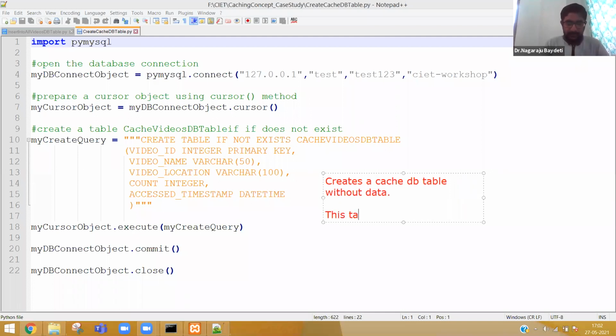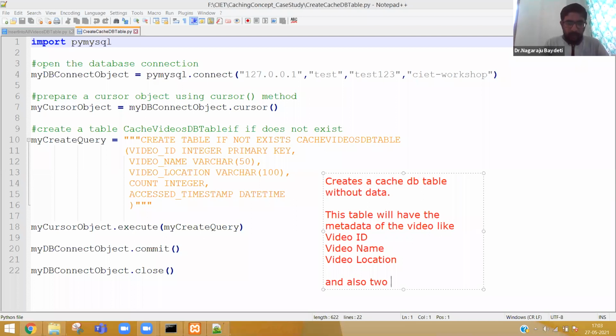This table will have the metadata of the video like video ID, video name, video location, and also two more columns: count, you know what is count, how many times a video has been viewed, and timestamp.